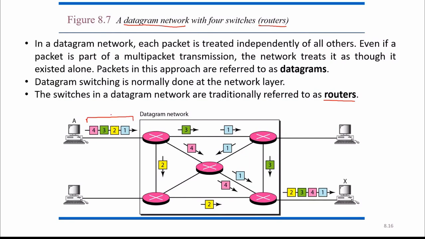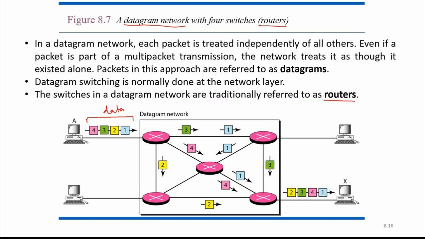This data is divided into four different smaller packets: 1, 2, 3, 4. And it is connected through these switches, which are called routers here. These switches in a datagram network are traditionally referred to as routers. There are 5 different routers and 4 devices connected. So here in a datagram network,